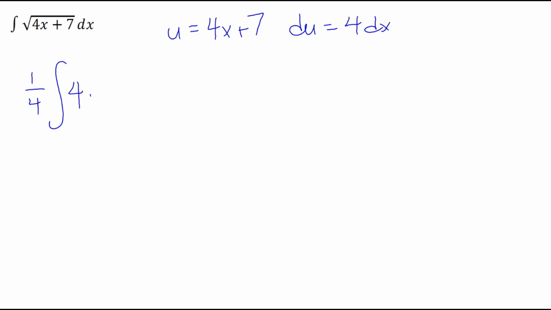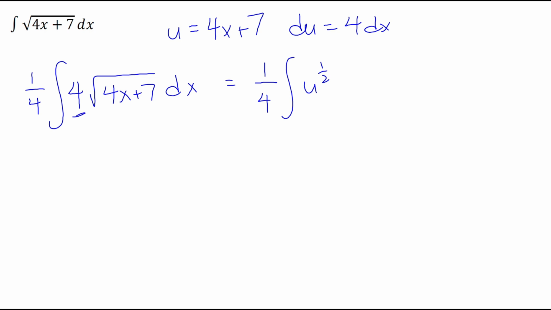All right, for our next one here, we just have the square root of 4x plus 7. So we're going to let u equal 4x plus 7, and du will be 4 dx. So we'll just put a 1/4 outside so that we can put a 4 on the inside. The 1/4 and the 4 cancel each other out, allowing us to rewrite this as 1/4 of the integral of just u to the 1/2, right? Because root u would be u to the 1/2, and the 4